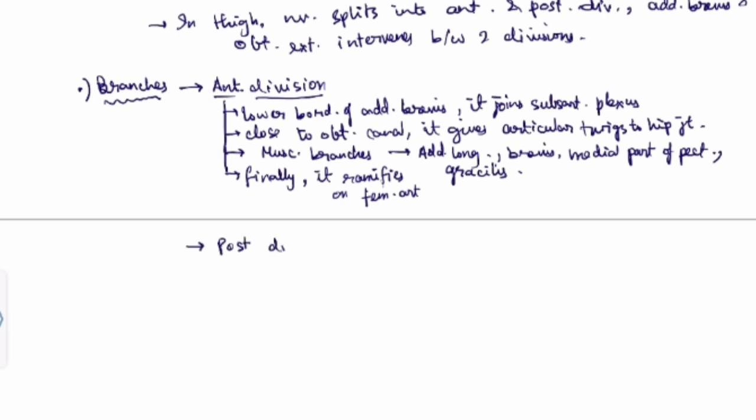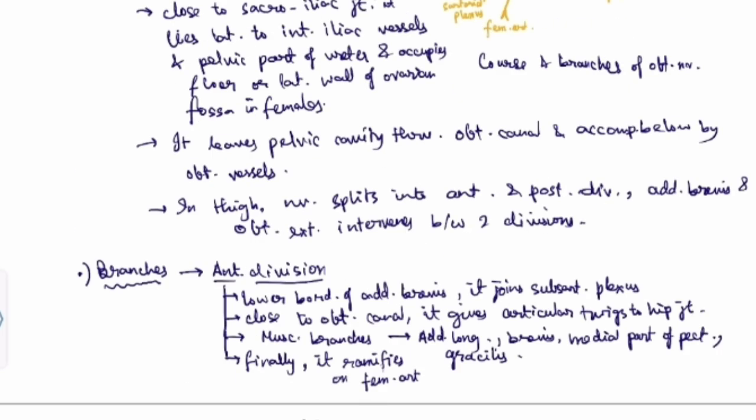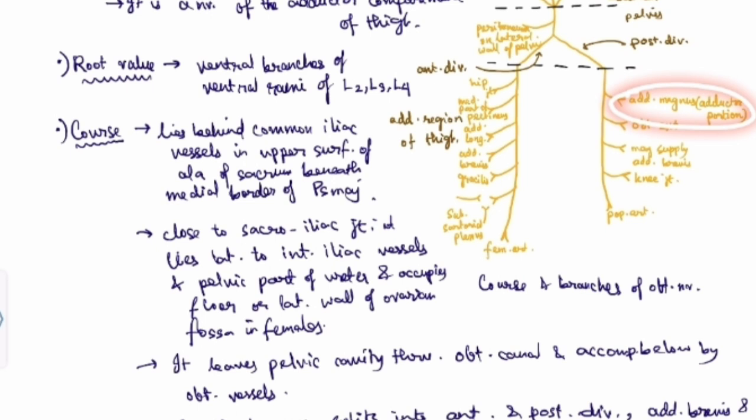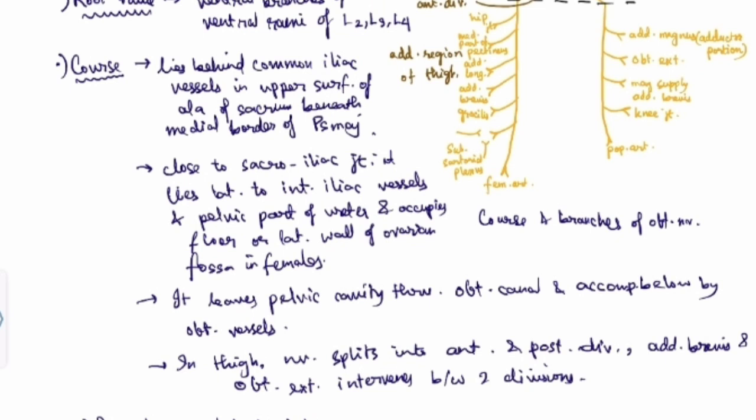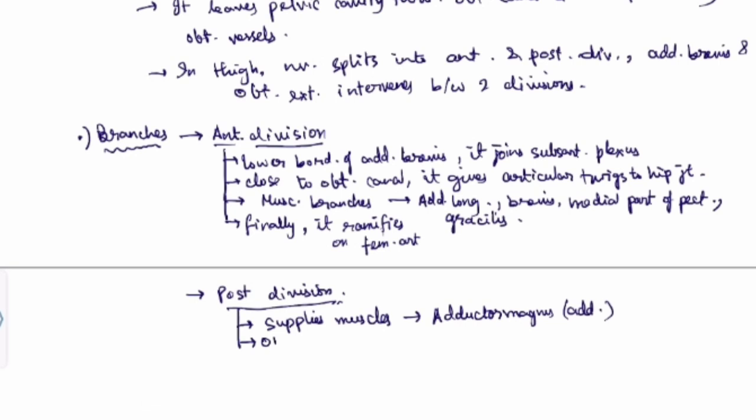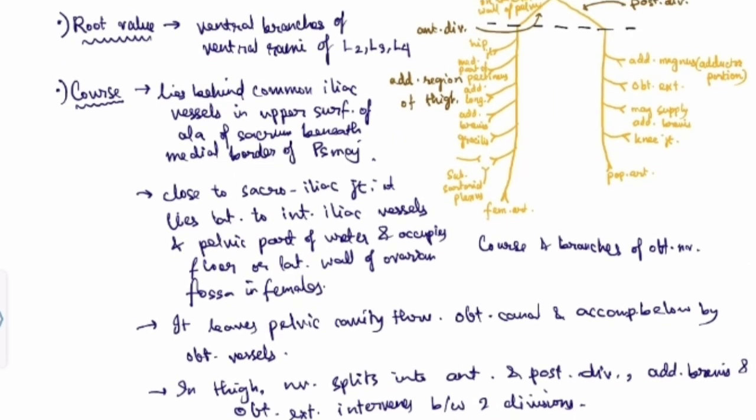Going on to the posterior division. Supplies these muscles. What muscles? Adductor magnus, or the adductor part of adductor magnus. Adductor part, because the hamstring part of the ischial fibers are supplied by the tibial nerve. Obturator externus. What else? It may supply